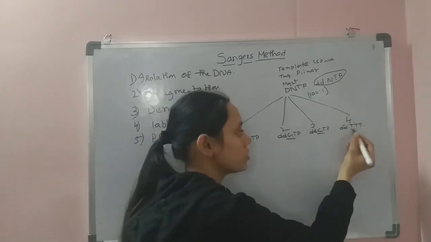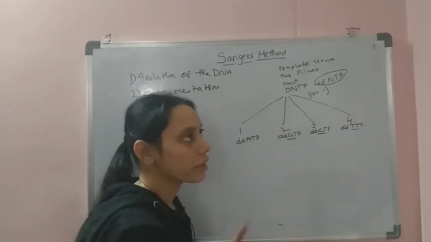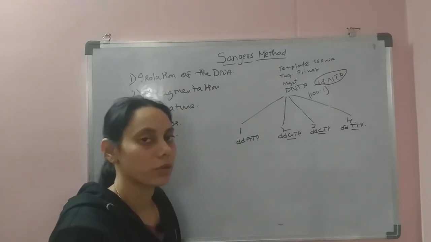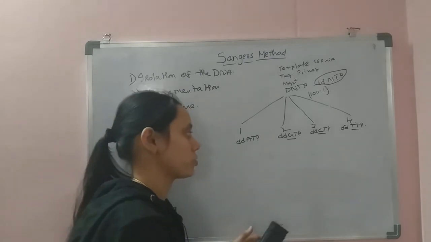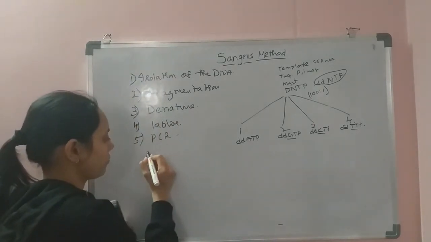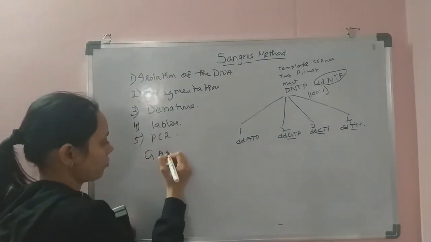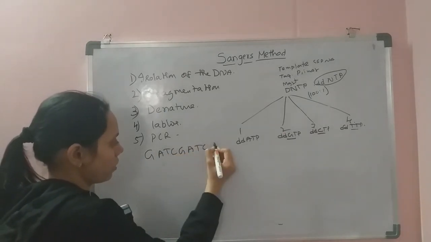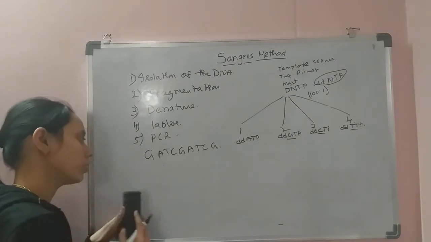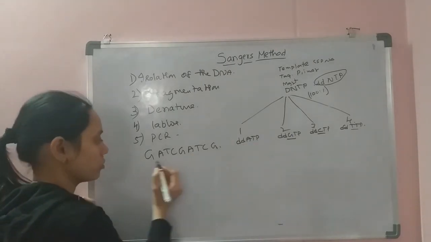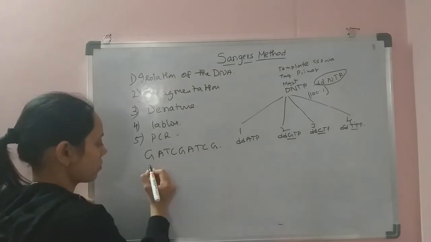Because of this T nucleotide, there will be a chance of chain termination at every thymine position. So here, if we have a sequence like this, GATC, GATC, G. So if we have a simple sequence like this, in the first reaction tube, the fragments,